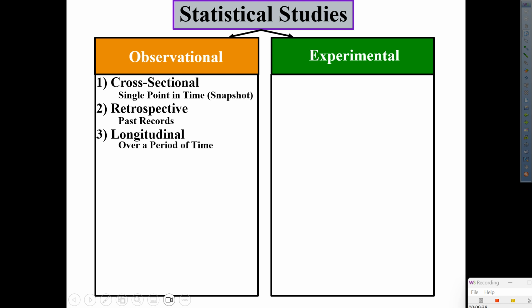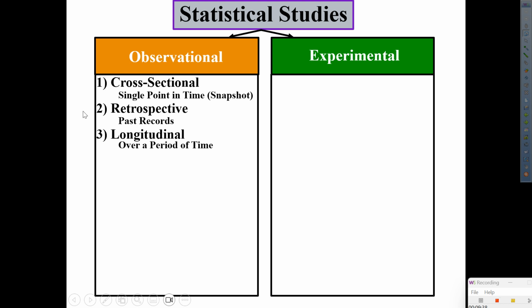Let's say I asked you guys to go home and, I don't know, open a tomato, and from the tomato get the seeds, put them on the napkin, put them by the window, water them every day within the napkin till you see that it sprouts, and then put it in the pot, and then start studying how long it's taking to grow and all this and that. And all that data you're collecting is longitudinal because you started, let's say today, and you're going to require time to study it.